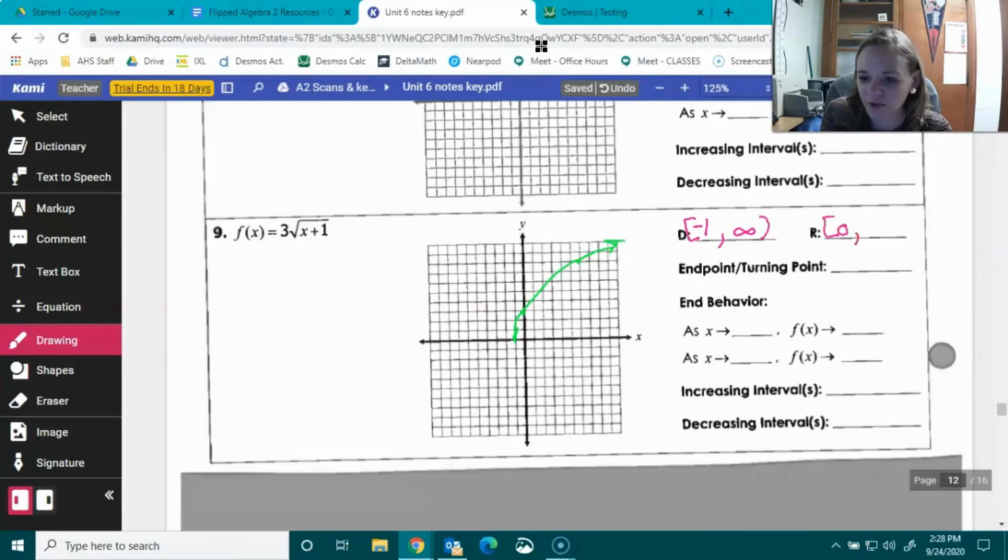And then when I go the other way, when I go up, I got an arrow, so that's infinity. All right, our endpoint is -1, 0. We already used that to graph. Then we take the two numbers from our domain, and we're going to put them right here. Okay, -1, infinity. So this means, again, as x approaches -1,